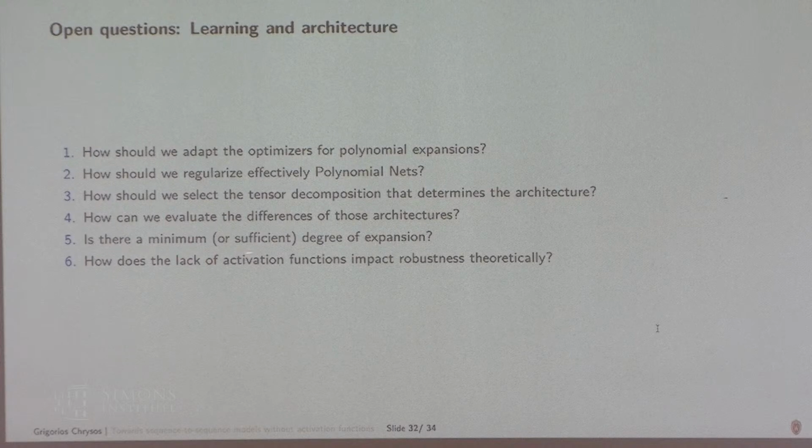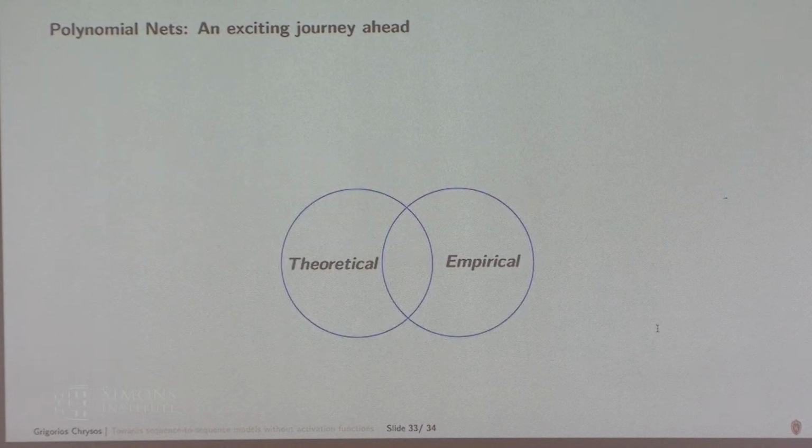And in fact, I'm really curious for all of the problems above, if we could study and find a sufficient degree of expansion, right? With a neural network, you say, let me throw 10 layers, 20 layers, who knows? But now with the degree of expansion, can we say something about it? And what does this say about the robustness? We just did this little experiment and showed that it's not too bad, but essentially how good it is is unknown, right? And I have this schematic just to say that I focused in some works on these polynomial